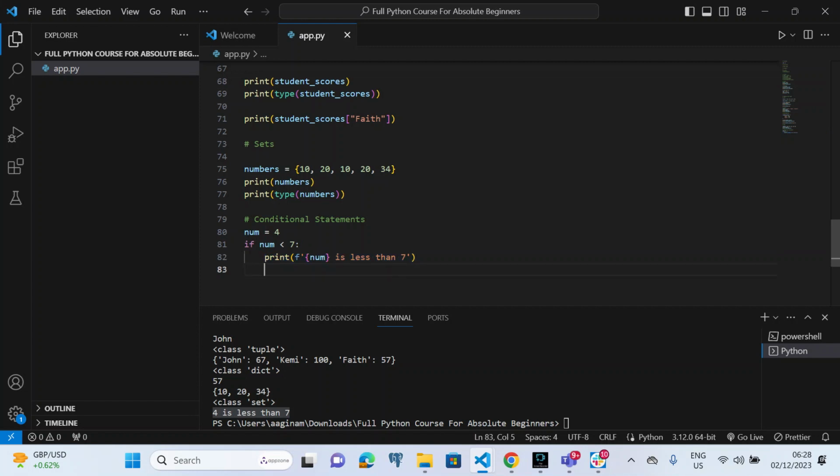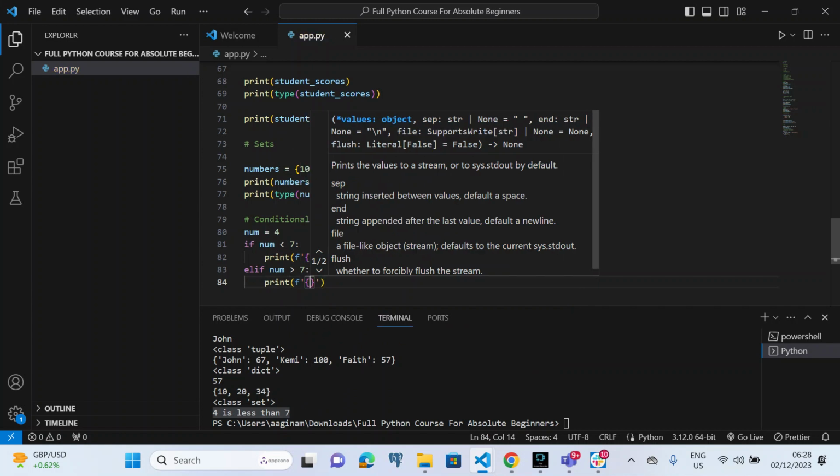Okay, now, so we've seen how to specify a specific condition. Well, in the real world, you're going to have multiple conditions that you want to check, right? And then based on those conditions, you want to make decisions, right? So to have multiple conditions, you use the elif keyword, right? So I'll write the elif keyword like this, elif, and then I'll specify the condition I want to check. Here I want to check if num is greater than 7. Okay, and I'll have my colon, and then inside that indented block, all I want to do is to print